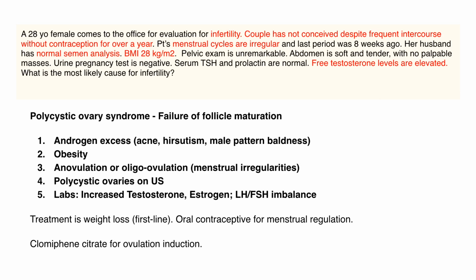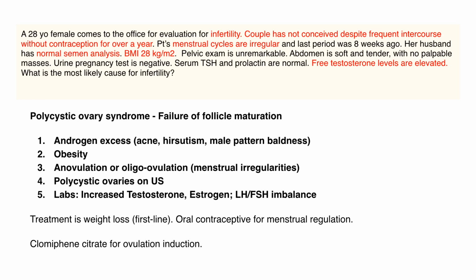Abdomen is soft and tender with no palpable masses. Urine pregnancy test is negative. Her serum TSH and prolactin levels are normal. Free testosterone levels are elevated. What is the most likely cause for infertility? The fact that this patient has high testosterone levels and a higher BMI indicates that this patient may have PCOS,